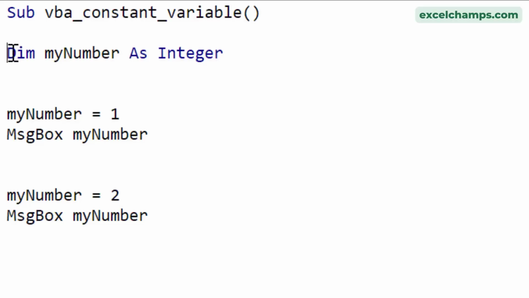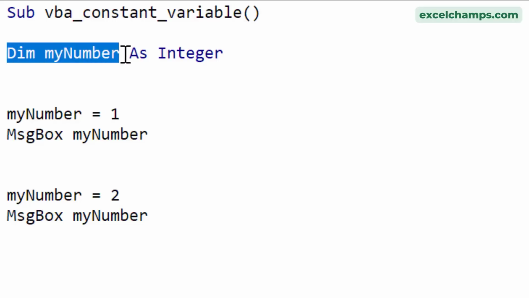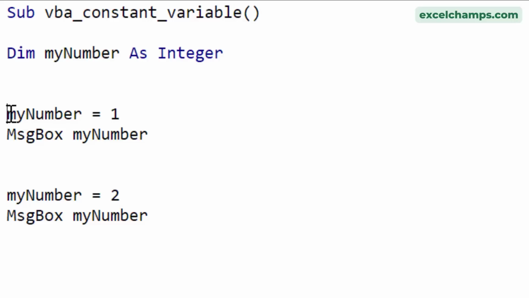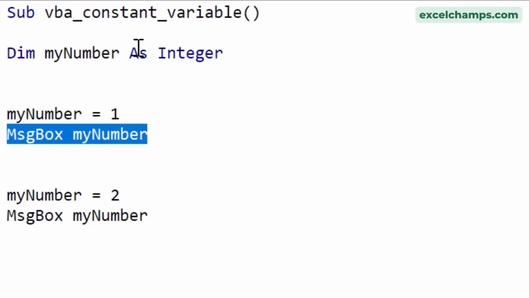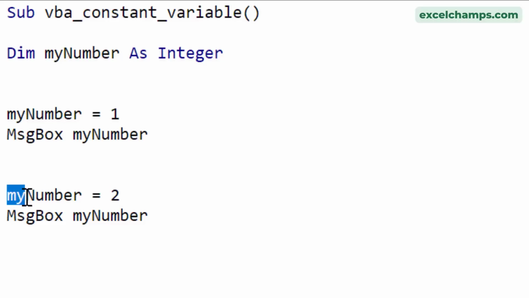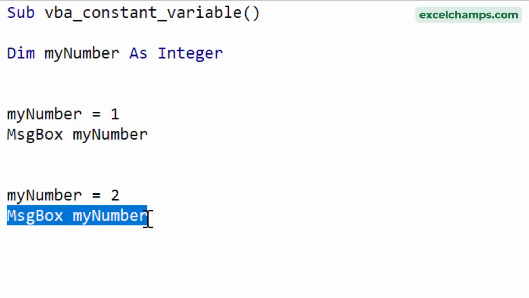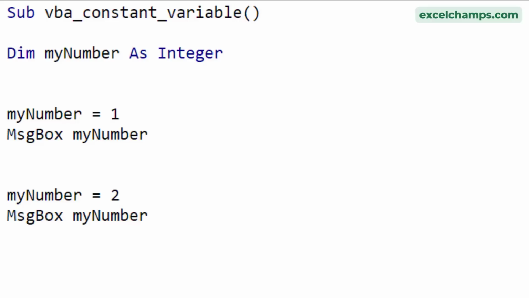So here in this code, I have declared a variable by using its name and then the data type. And then I have assigned a value to this variable and then used the message box to get the value of this variable. And again, I have assigned a different value to the same variable and again used the message box to get this value. And now if I run this code,